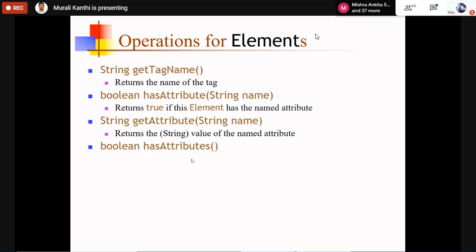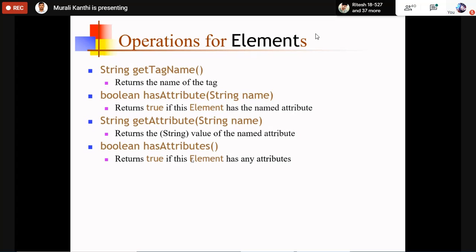Then boolean hasAttributes: here no parameter is given, whereas hasAttribute takes one parameter. If a parameter is given, it returns true if this element has the named attribute. Without a parameter, it returns true if this element has any attributes. With a name, that named attribute is retrieved.